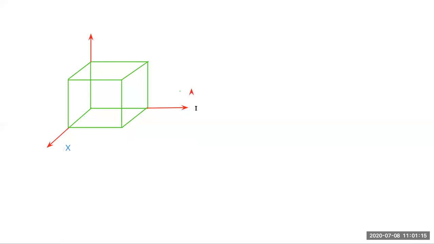Okay, so this is the x-axis, this is the y-axis, and this is the z-axis. And this point is the origin. You always have to indicate the origin. So we have to draw the plane bar 1 0 0. Okay, so when there is a negative,